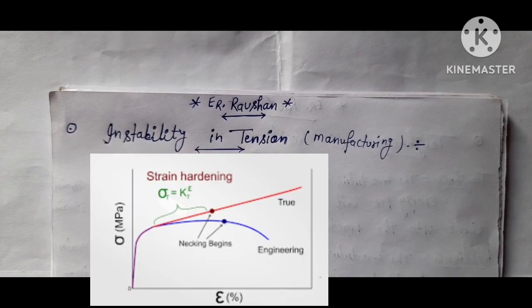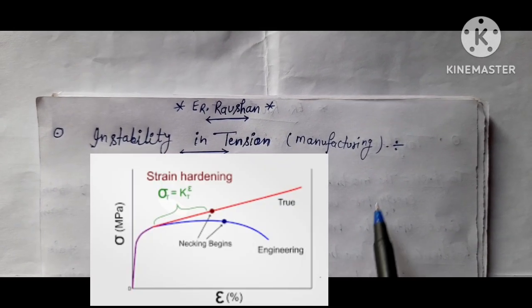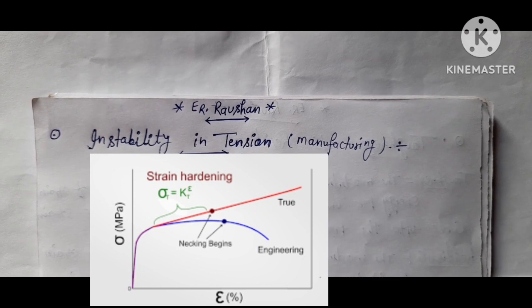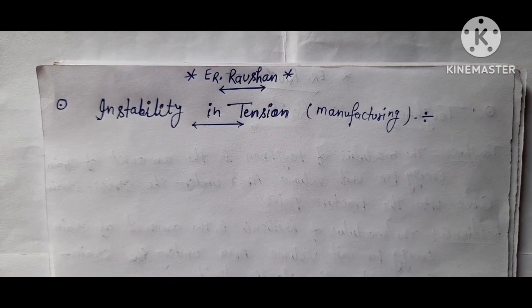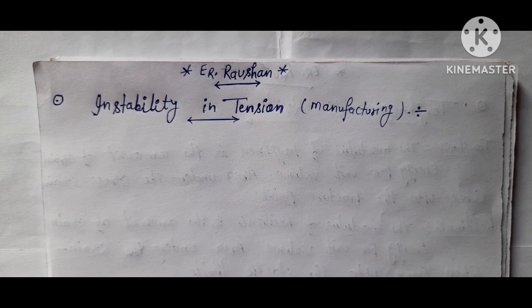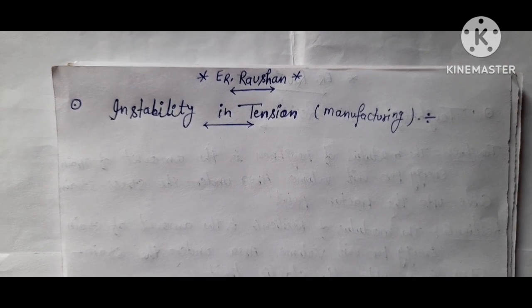Today we are talking about the topic of instability in tension. That is material science, manufacturing science, instability in tension. So what is the derivation? After that, we first of all discuss the theory. So friends,